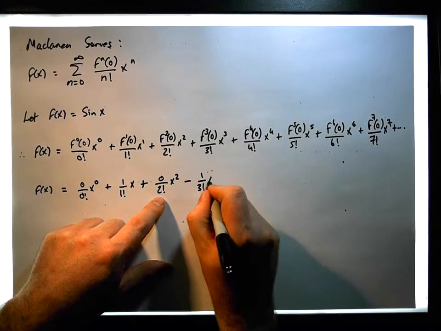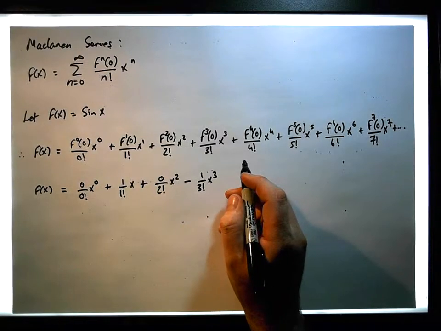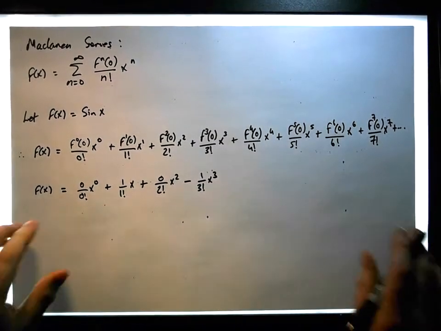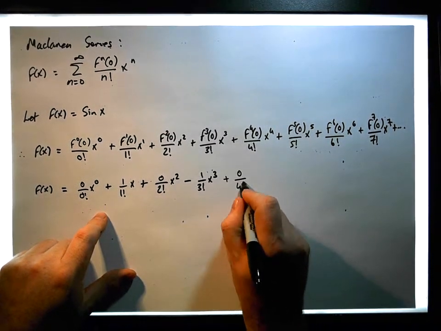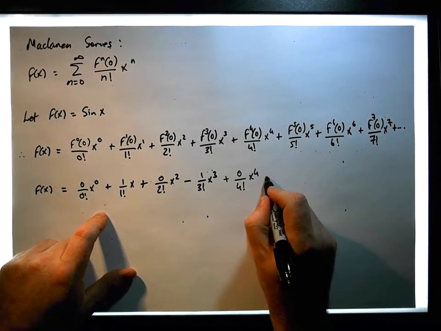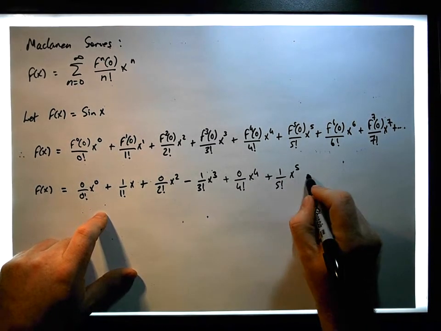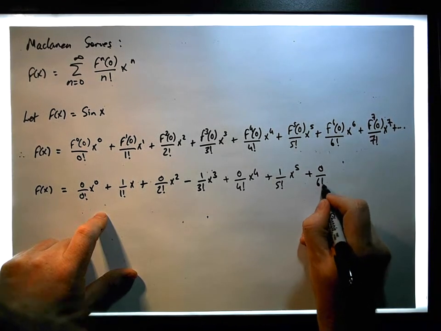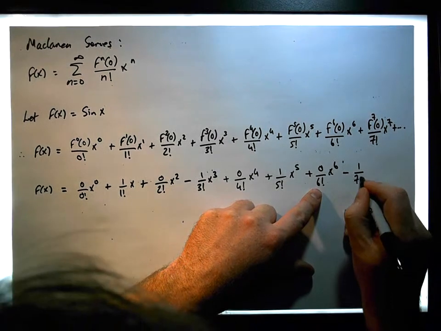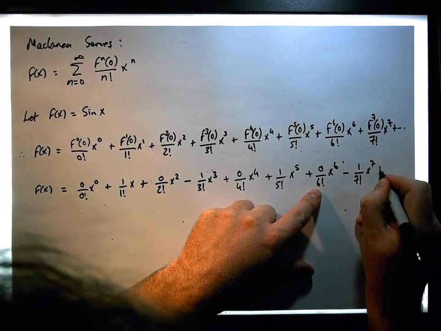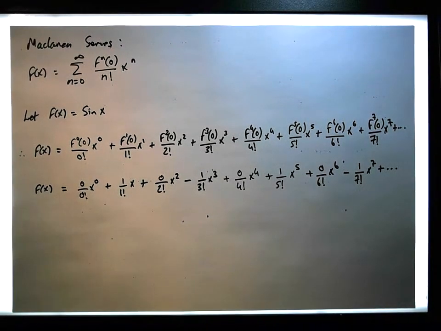3 factorial x cubed. And then we start again, 0, 1, 0, minus, okay? So then what we end up with is the next one is going to be plus 0 over 4 factorial times x to the 4 plus 1 over 5 factorial times x to the 5 plus 0 over 6 factorial times x to the 6 minus 1 over 7 factorial times x to the 7 plus all the way through to infinity. And you can see that a lot of these terms are just going to drop off, yeah, the